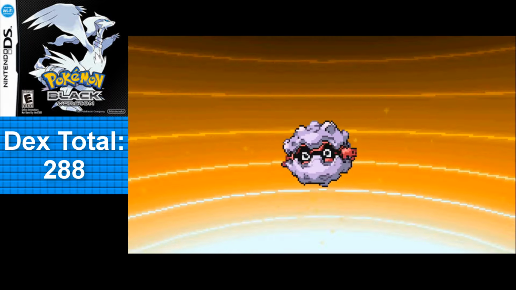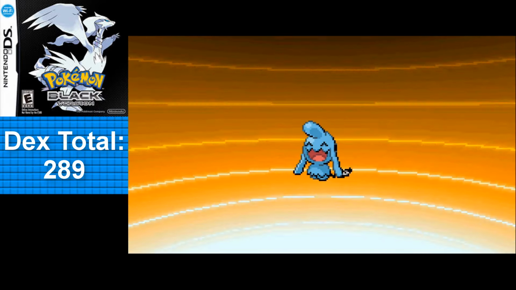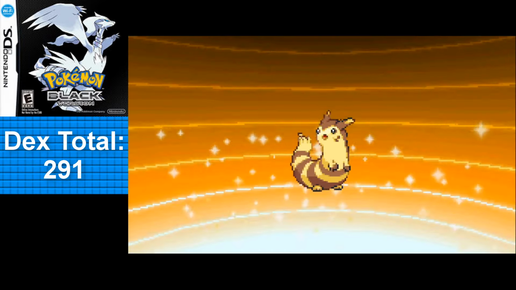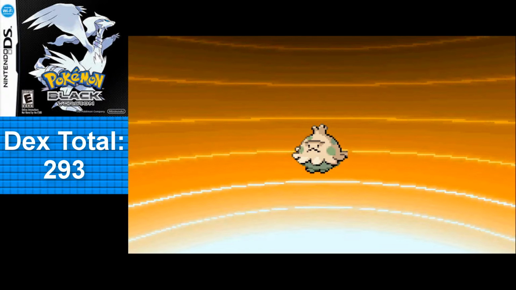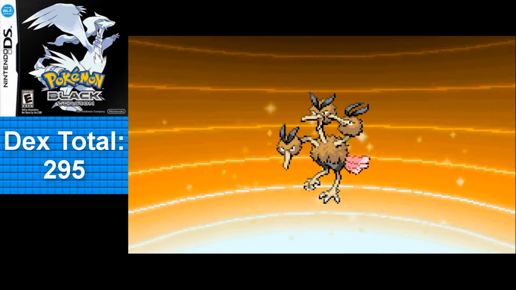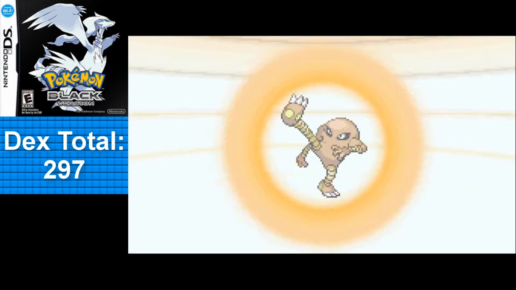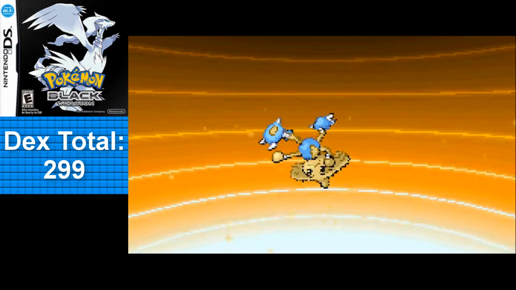Sneasel into Weavile while leveling up at night holding the Razor Claw, Wynaut into Wobbuffet at level 15, Sentret into Furret at level 15, Croagunk into Toxicroak at level 37, Houndour into Houndoom at level 24, Shroomish into Breloom at level 23, Doduo into Dodrio at level 31, Shuppet into Banette at level 37, Tyrogue into Hitmonlee with more attack, Tyrogue into Hitmonchan with more defense, Tyrogue into Hitmontop with equal attack and defense, all three at level 20,